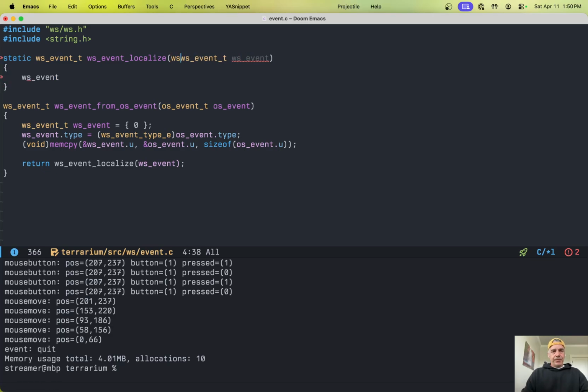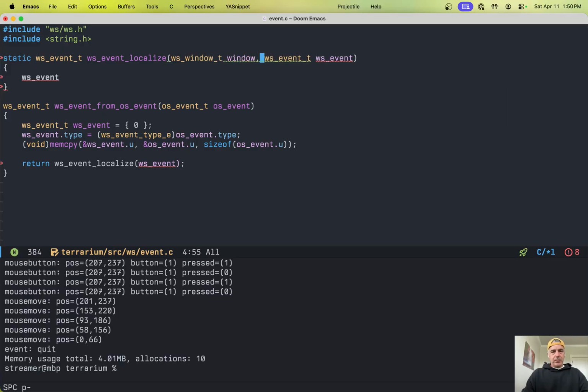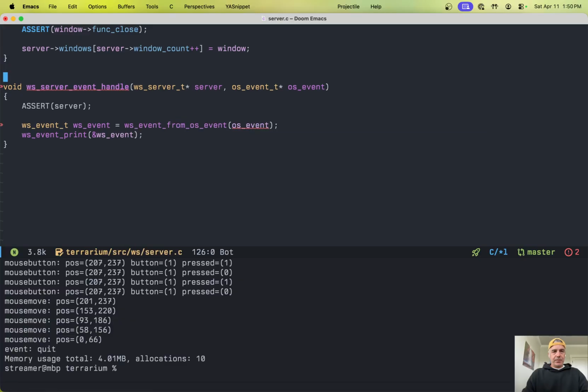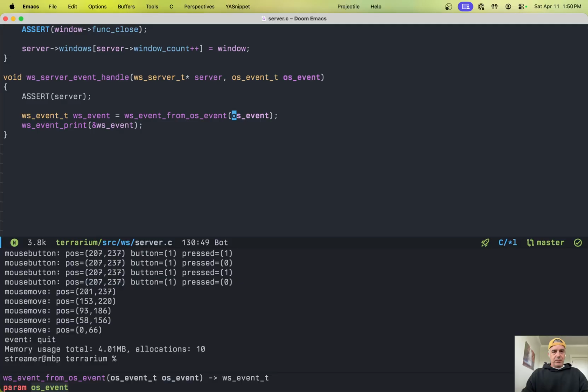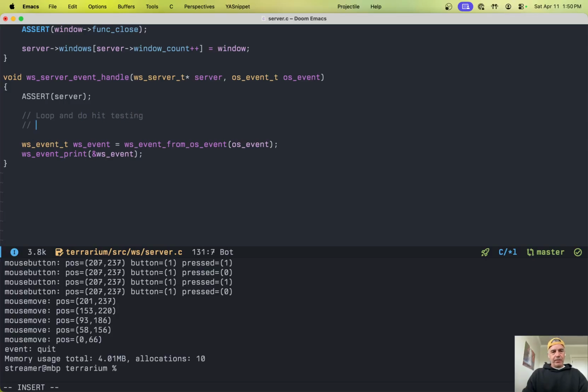Probably need the, is it just the window I need? Again, could be const pointer. Oh, okay. We might have to pause on this because this is going to spiral. Or we can do a shortcut loop and do hit testing. We don't know what window we have, right? So we can do